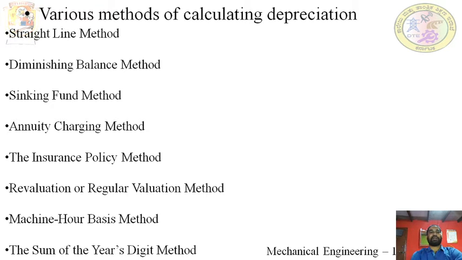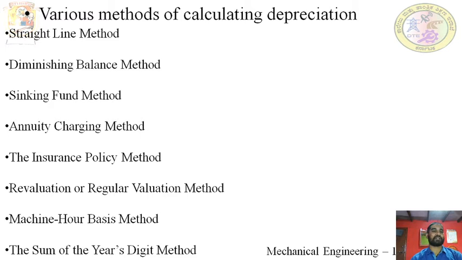For example, a lathe machine which is purchased for 1 lakh during this year, after 10 years, will not be as efficient as when it was purchased, and its value also decreases from 1 lakh to maybe 10,000 or 20,000. So during its use, its value and efficiency decrease. That is called depreciation. There may be a lot of causes for depreciation, which we have discussed earlier.